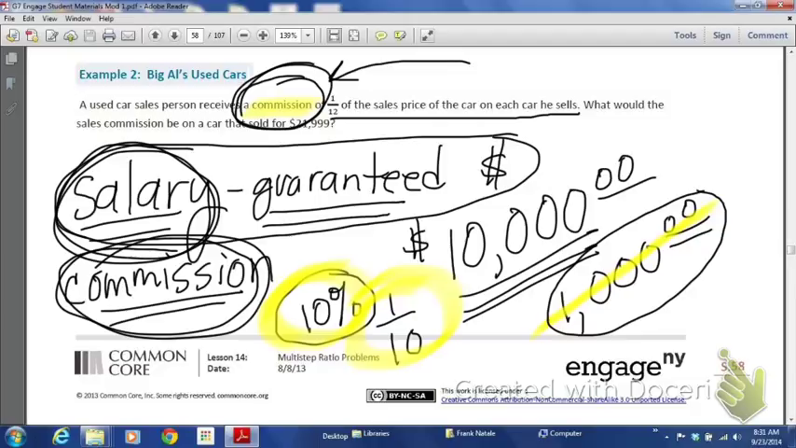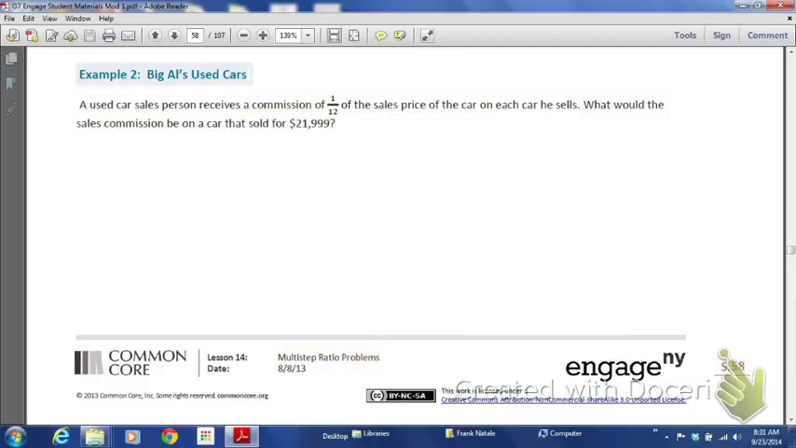Okay, so let's go ahead and clean this up. And let's get this started, huh? All right. So with Big Al's used cars, we have a base price that the car sold for. Now we're not talking about any discount. We're just talking about whatever the salesperson here, whatever he or she made. Okay. So the car sold for